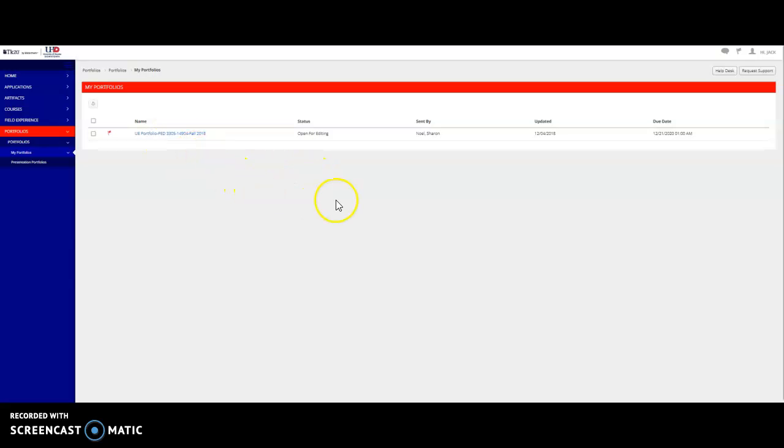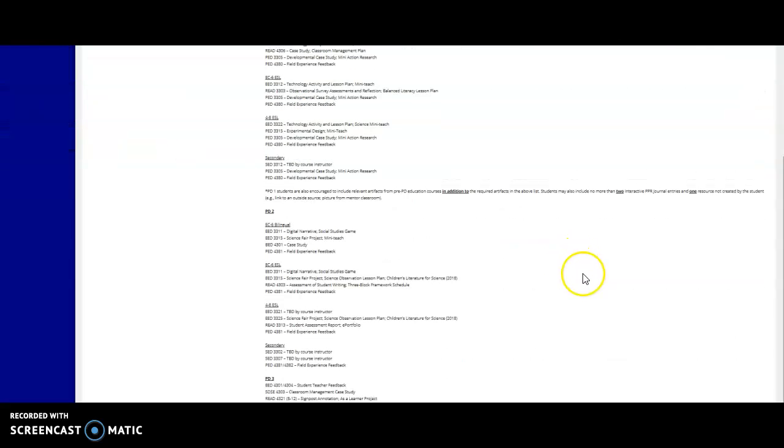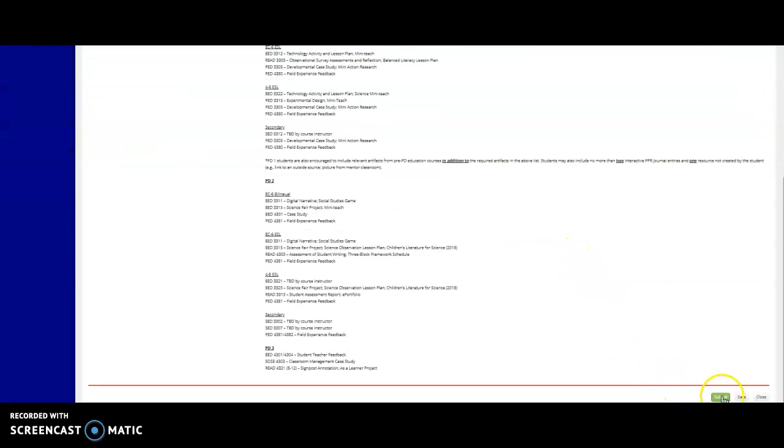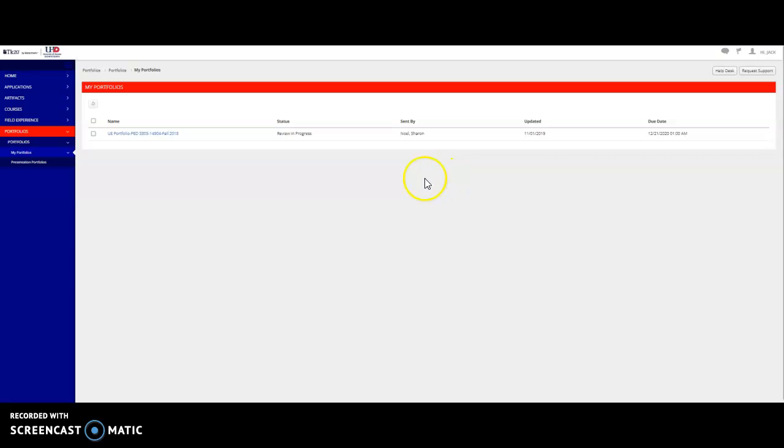When I'm ready to submit my portfolio at the end of PD3, I go through the submission process. To submit your portfolio, you open up your portfolio, and down at the bottom, we have a submit button. If I click this, it is going to bring up a message that says, are you sure you want to submit? If I accidentally click OK, we see that the status has gone from open for editing to review in